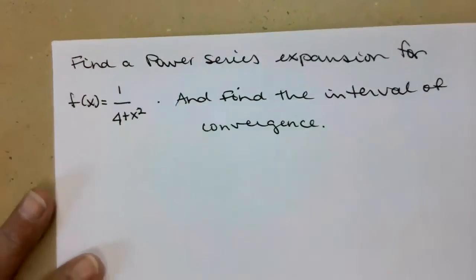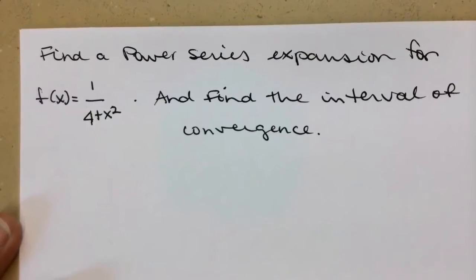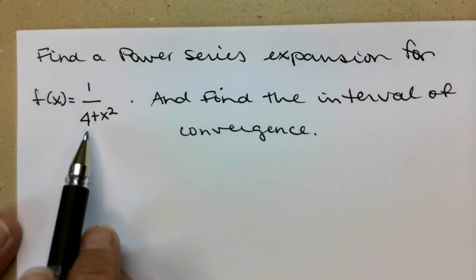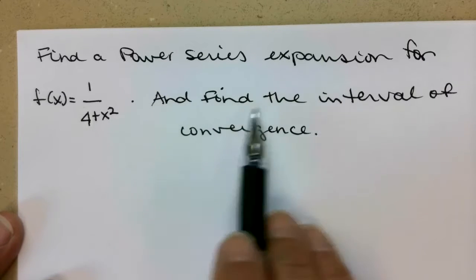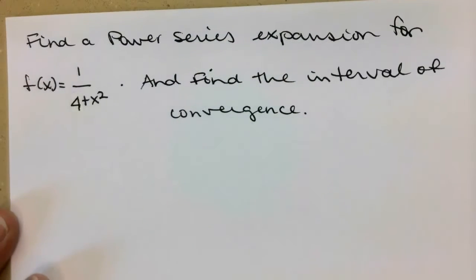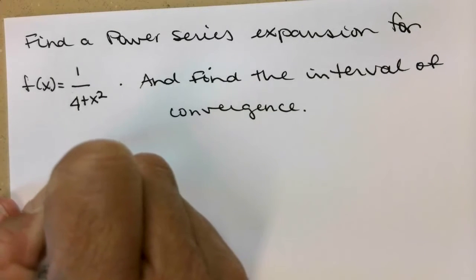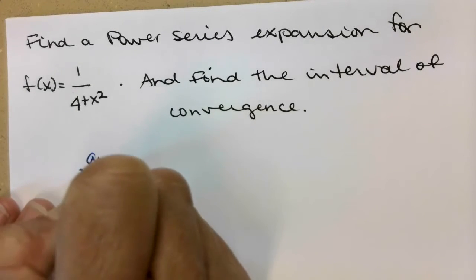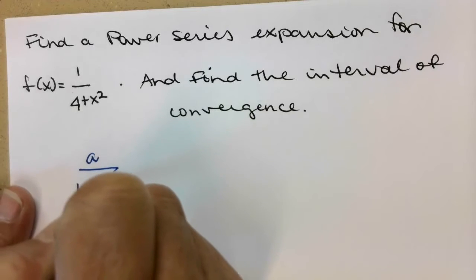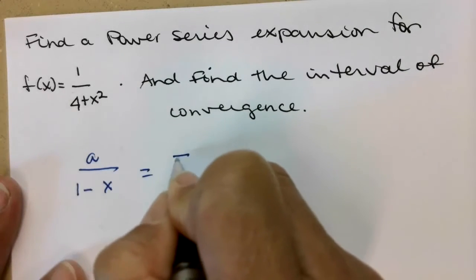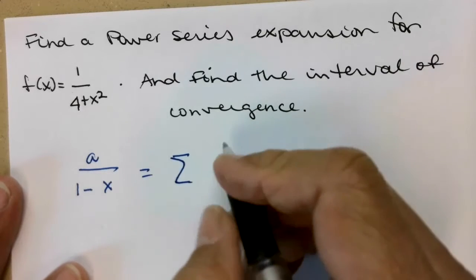So we're going to find that power series expansion, just another phrasing for that same thing we just did. And this time our function is 1 over 4 plus x squared. And then we're going to find that radius and interval of convergence as well. Okay, so what is it we're comparing to again? I'll switch them around. We want to make this look like a over 1 minus x somehow, and then the power series version of it is